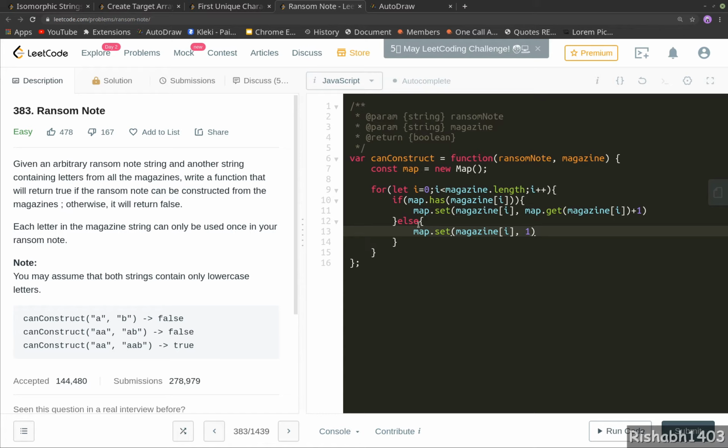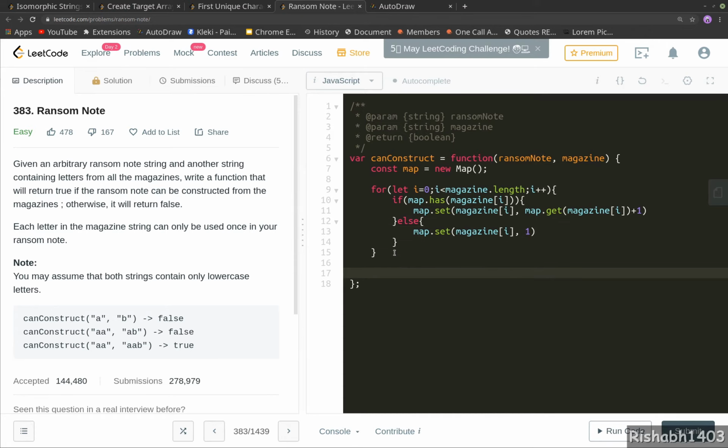So let's try again. So we are looping over the magazine, and if the character at that particular index in the magazine is present in the map, we will increment the counter, else we will save the character in the map and we will set the value to 1. A bit of a tongue twister there.